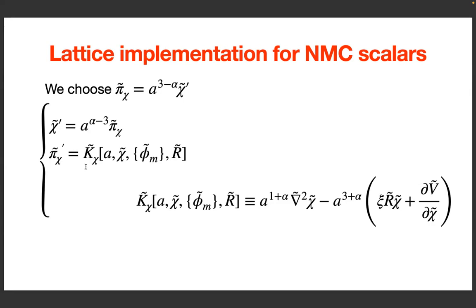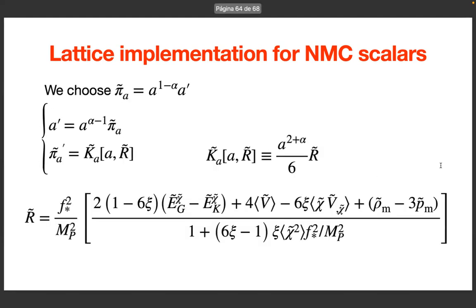And if I write down this equation, this tells me how to evolve the conjugate momenta of the chi field, which is given by this expression here. This is the kernel of the equation. You see, it's very similar to the scalar field case alone, but with the non-minimal coupling part being written here in a very easy manner. Now,